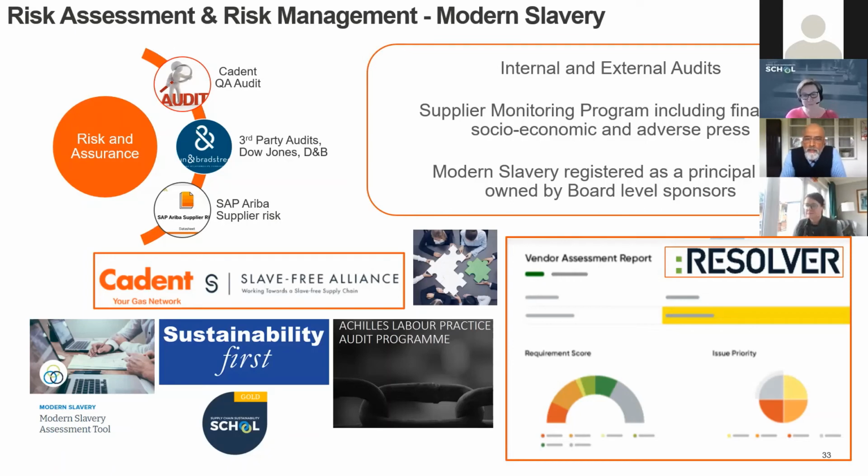And then finally, I'd also like to talk about Resolver. So Resolver is an internal risk management system which records all the risks that are potentially likely to affect Cadent, and more specifically its supply chain as well. So we do have a very good entry in our Resolver system that constantly keeps our buyers, our senior managers, and our board of directors switched on about the risks coming from modern slavery. So that's something else we do. The next slide.